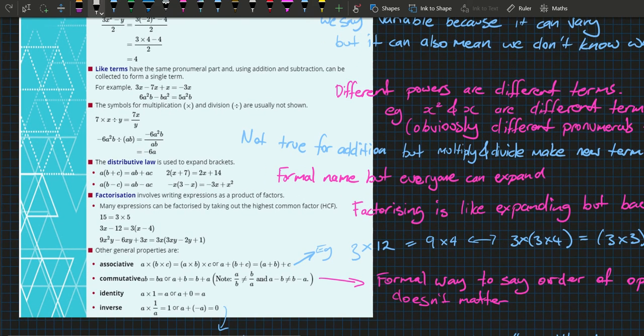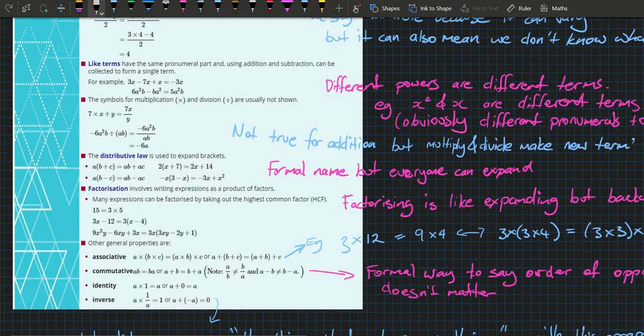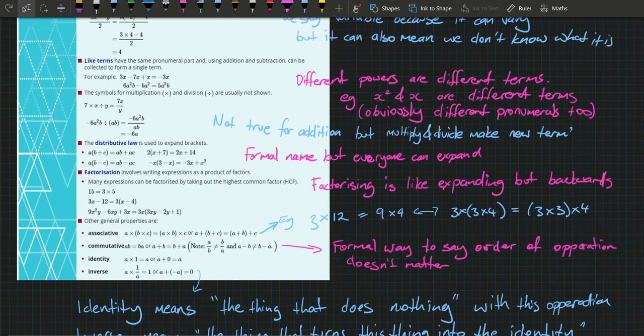Okay, so the distributive law is just a formal or fancy way of saying expanding brackets. And factorising is like expanding but backwards. Okay, so that's what I've written there. You should always check after you've factorised: if I expand these brackets, does it go back to the original statement? Some of these other ones, names you don't necessarily have to remember, but